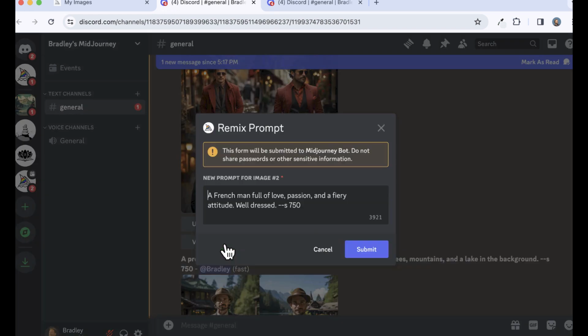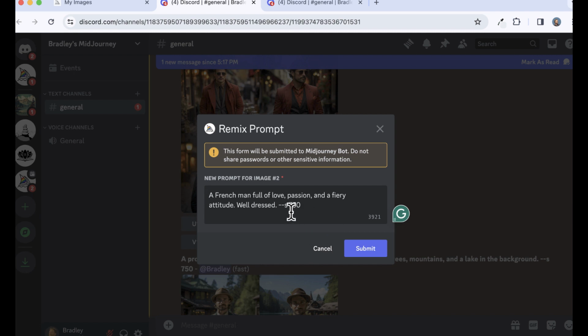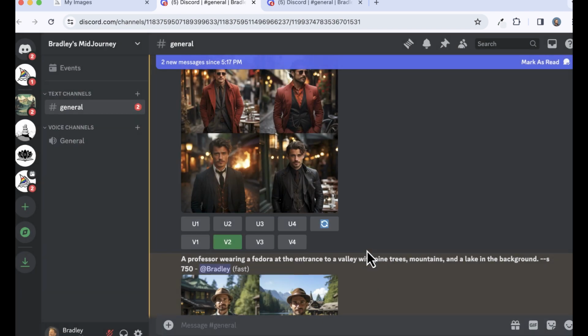So I'm going to do another variation on number 2, and then I can say, well-dressed, wearing a blue blazer and, what else is it? I kind of like the red, but I'm just going to go blue blazer and a yellow shirt. I don't know, right? Just to get an idea. If you think, oh, it's too red, or I want to try something else.